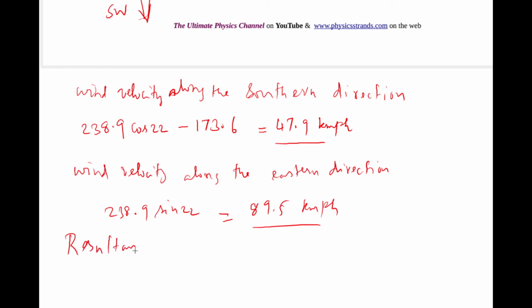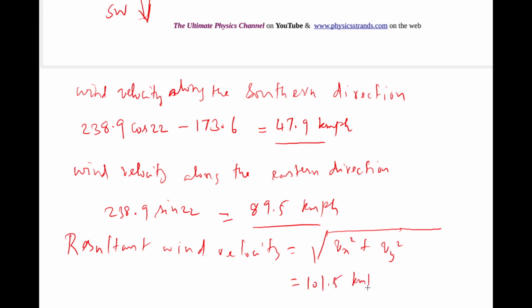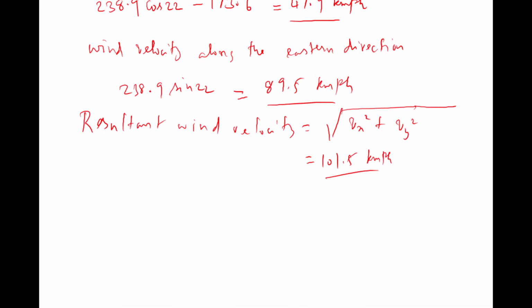is equal to the square root of the square of this and the square of that. So v x square, let me call that, and v y square. That would be the calculation. It is about 101.5 kilometers per hour. This is the speed with which the wind is blowing, and the direction of the wind speed is